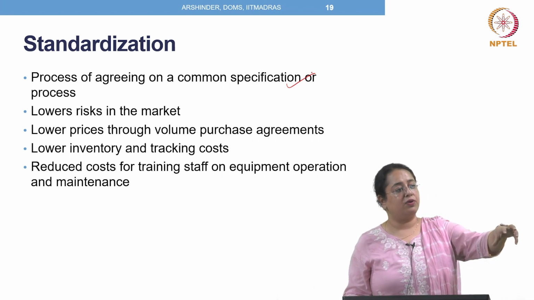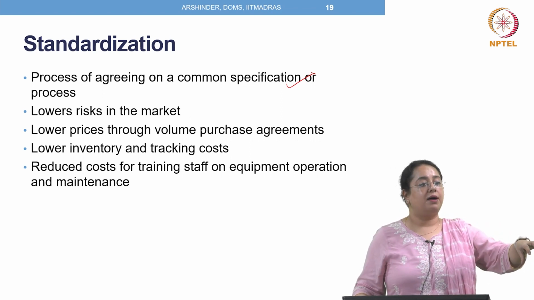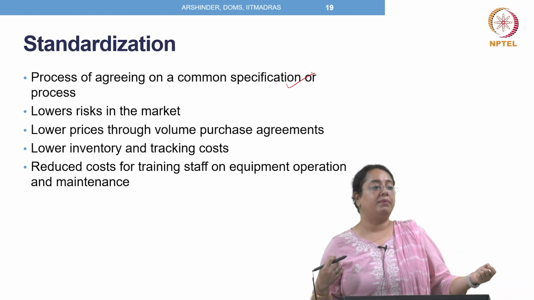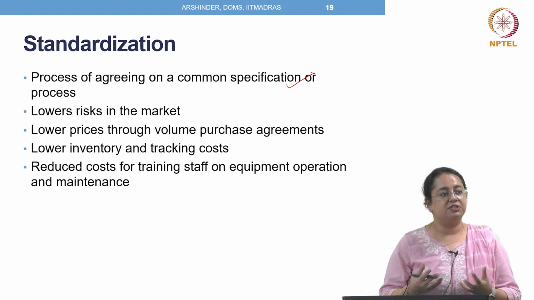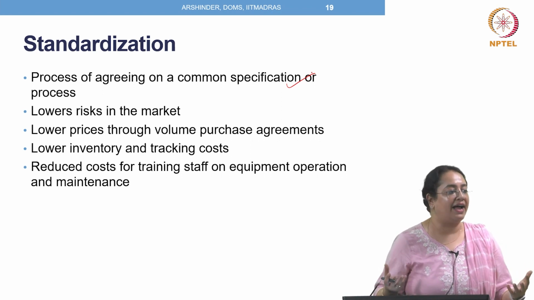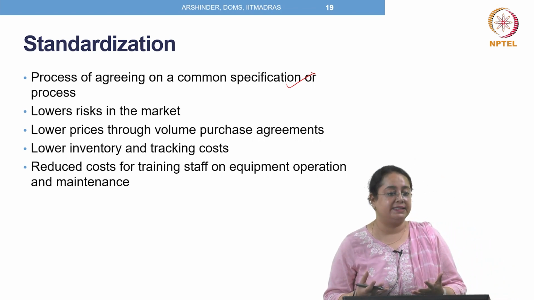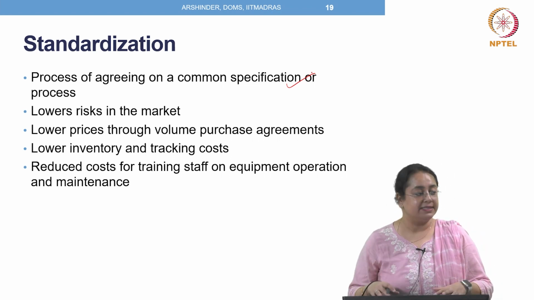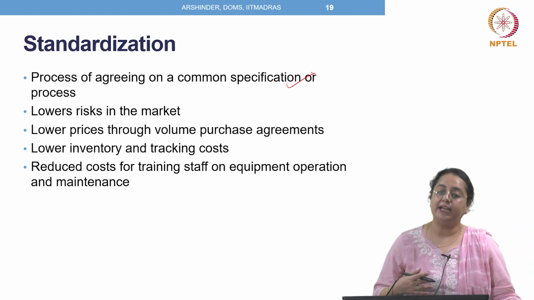What happens is, suppose in the design function of a company, one user says I prefer brand 1, but another user says I want brand 2. But actually, specification wise, if both agree, both the brands are the same. So, can we have some kind of standardization? Standardization reduces the cost to the organization, and standardization also helps in supplier consolidation.